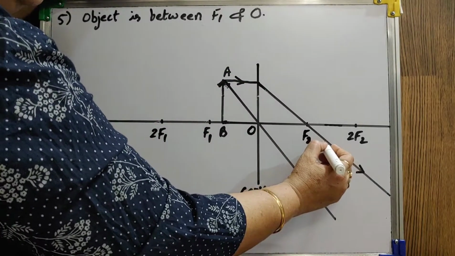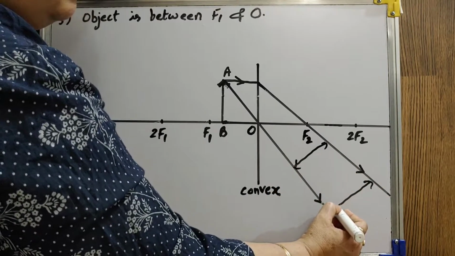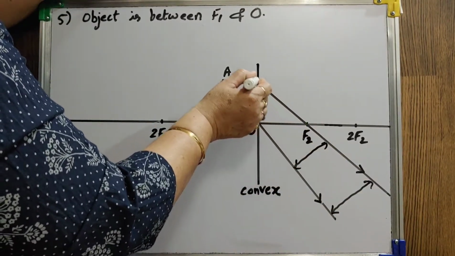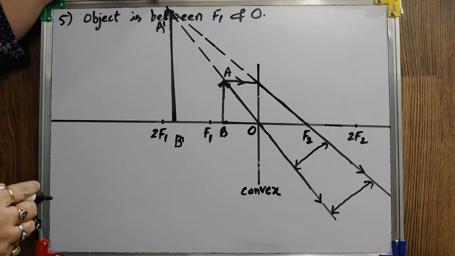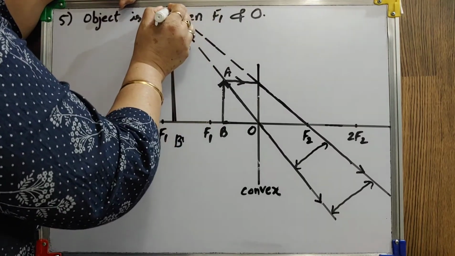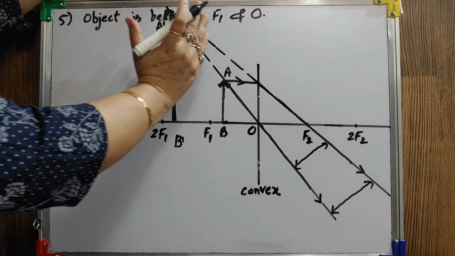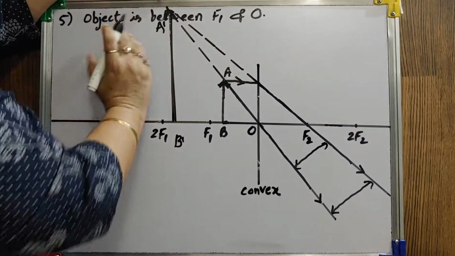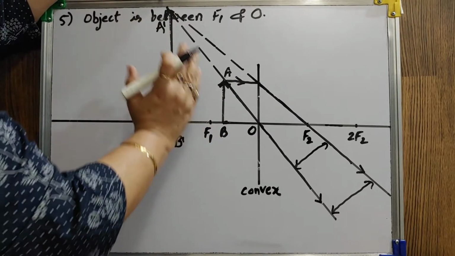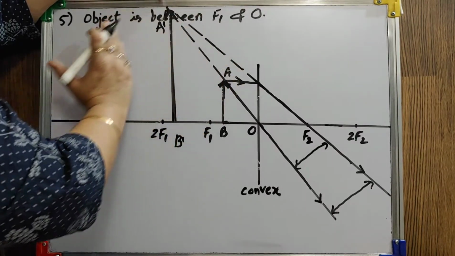Now, when you concentrate, this distance is increasing. It means they won't meet. So you extend both these rays towards the back side. After extending both the rays in the backward direction, they appear to meet here. So you can draw your image. Now, where is the image formed? It is in front of the lens. Based on how you take the position of the object, you will get the image. So you only have to write that the image is on the same side of the object, or in front of the lens.